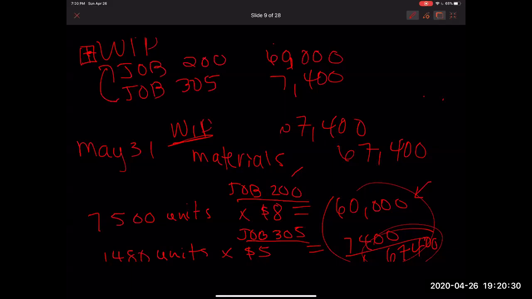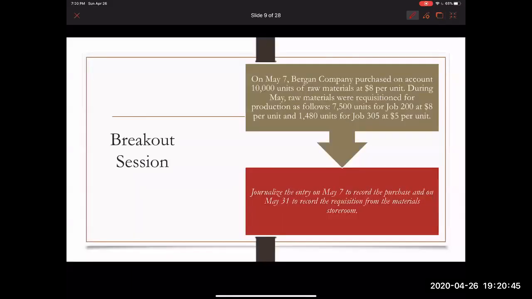And once you click on this little button, it's going to expand, and then you're going to see all of the different jobs in your work in process inventory account and all of the direct materials, direct labor, and factory overhead that's currently being applied to it. Okay. All right. So with that, I am gonna go ahead and stop this video, and now we're gonna move on to direct